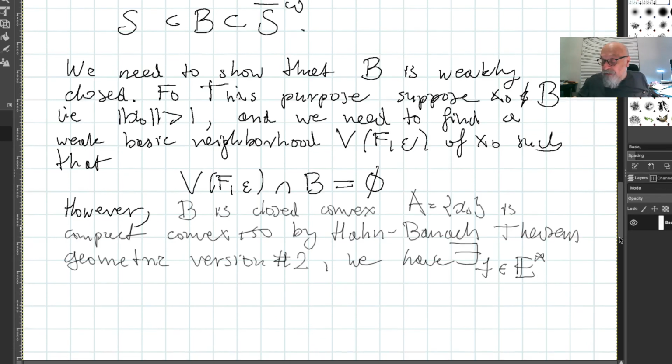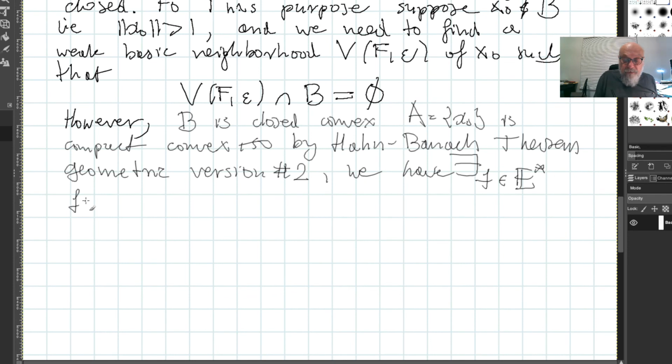Of course, f is not equal to 0, such that